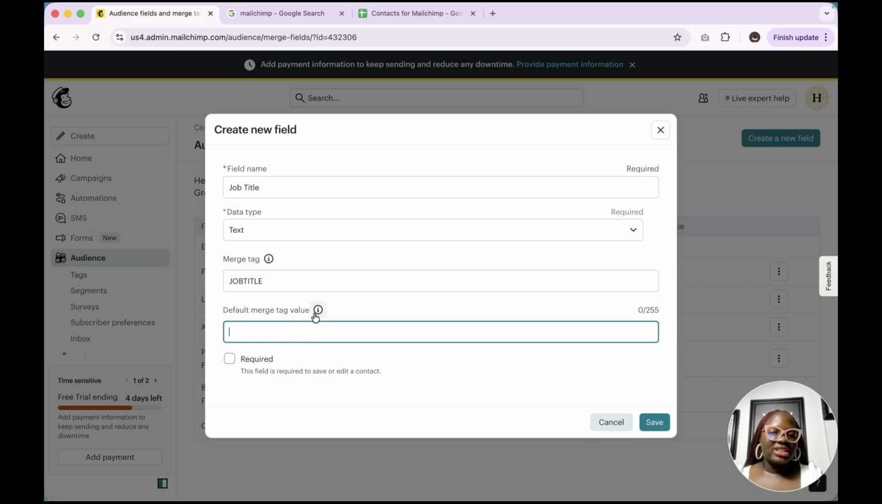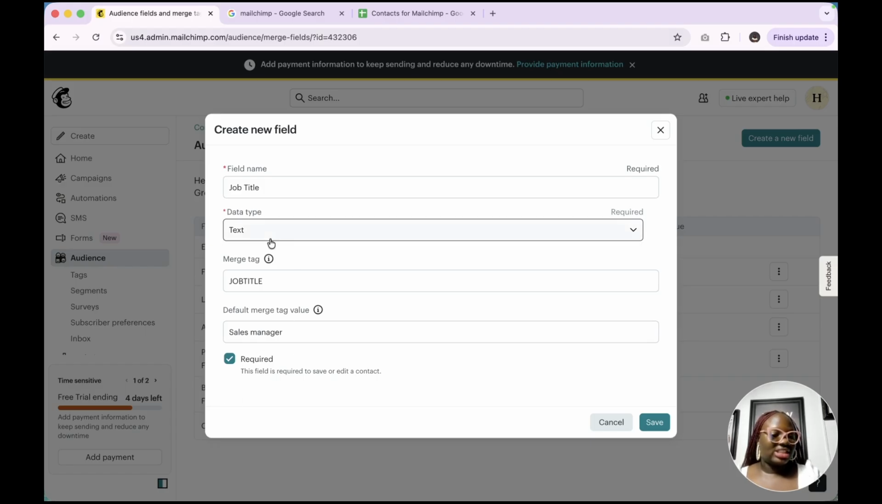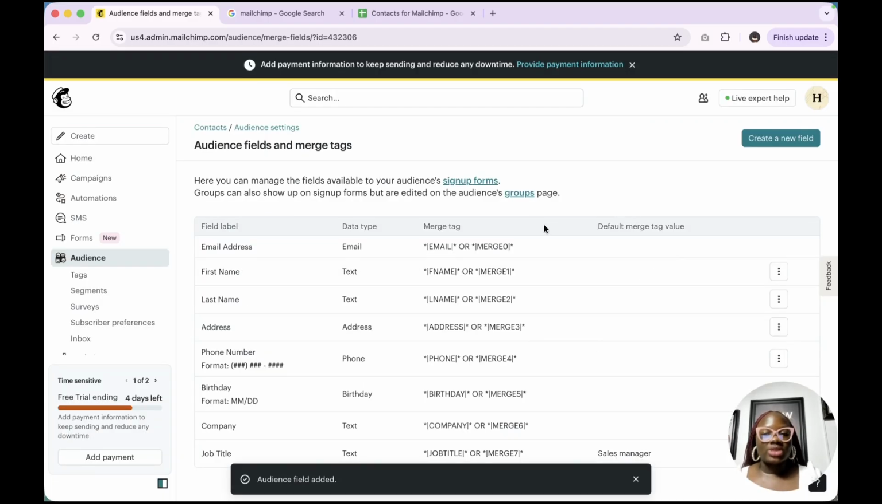The default merge tag value just means that if a particular contact does not have this particular field inside of Mailchimp, what should we replace this with? So we can say we want to replace this job title with sales manager. That means if they do not have the job title for the particular contact, we are going to replace that field with sales manager for that contact. And we can also set this field to required if we want, and that means this field has to be filled in if we want to create a new contact. So we are going to click on save,